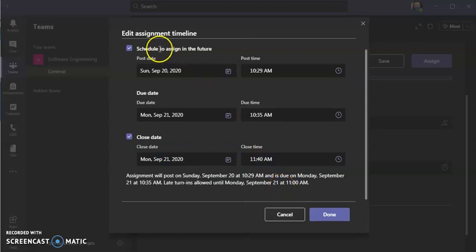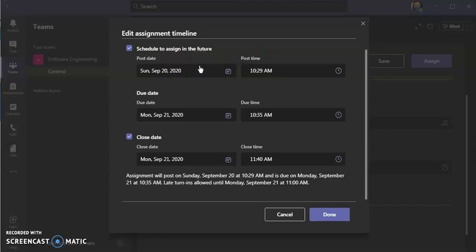The first option, if you think you will forget to post the quiz, you can choose this. Then you can set a particular date and time in the future where the quiz is automatically posted.